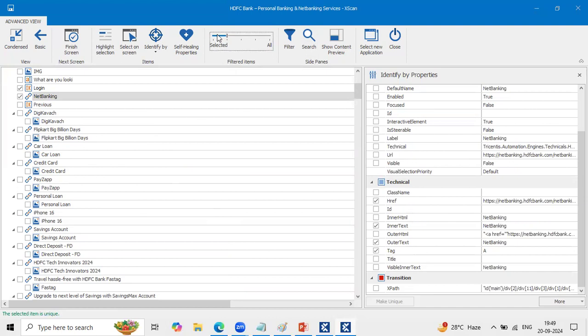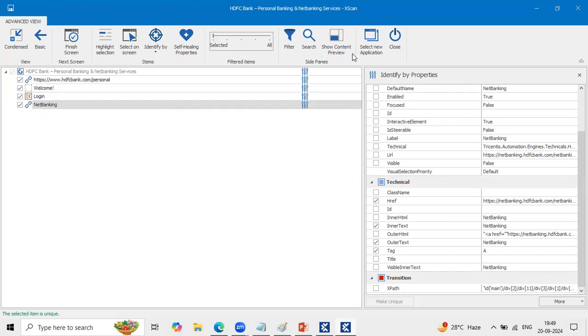If you see this page, four controls are scanned here. One is the logo, welcome message, login button, and net banking hyperlink. Seems like all are unique properties only, right? Yes. Once we make all our unique properties, save this module